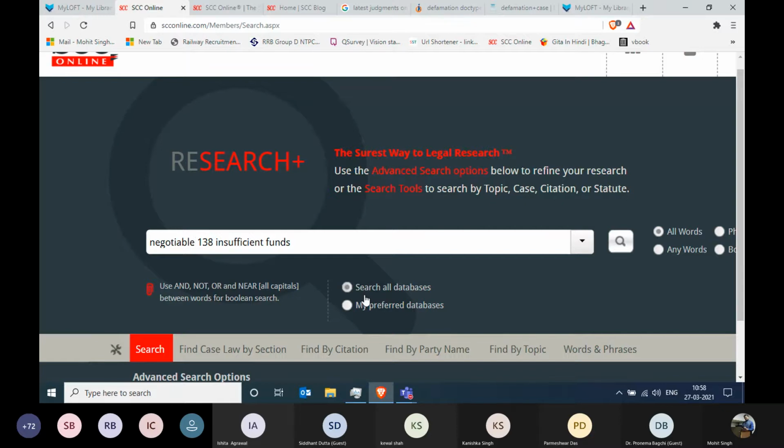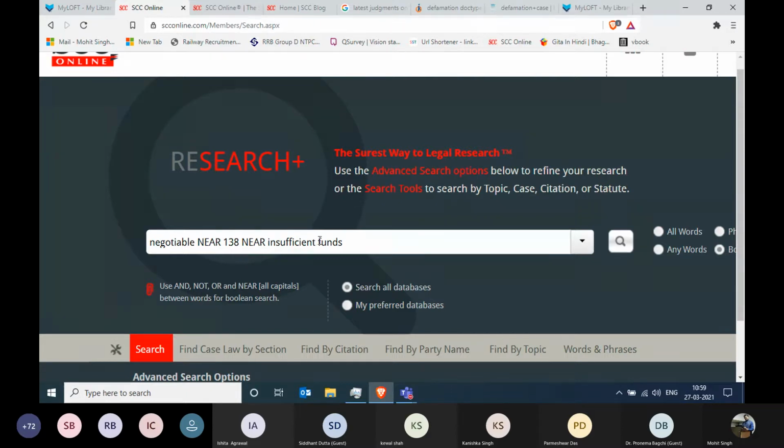Now, what is the different method? We can go with the search button and you can try your luck finding the judgments. You will still get judgments, but not so accurate. What I mean by that is you need to modify your search a bit. What you're actually looking for is that this act and this section should be as close as possible to this particular reason, right? You're looking for all the words to be as close as possible. Whenever your query demands that, please enter NEAR in capital letters, again NEAR in capital letters.